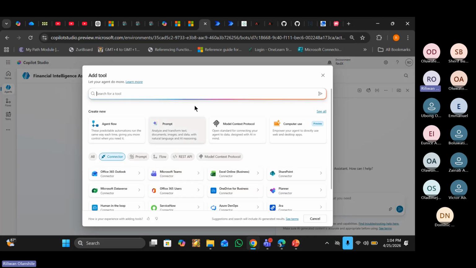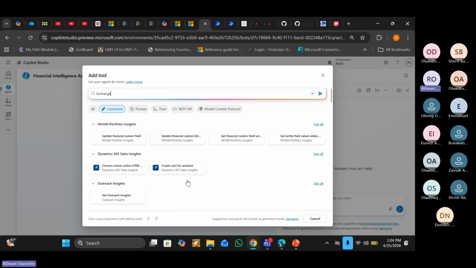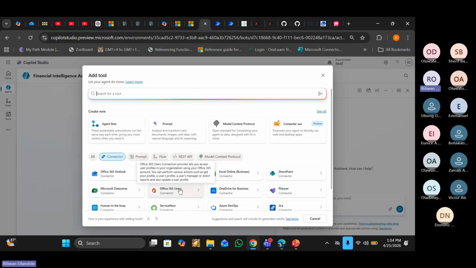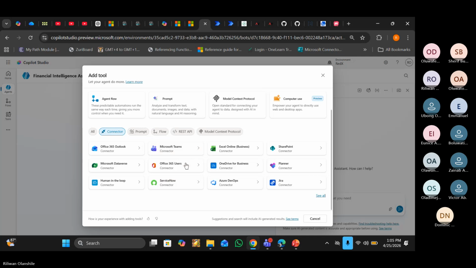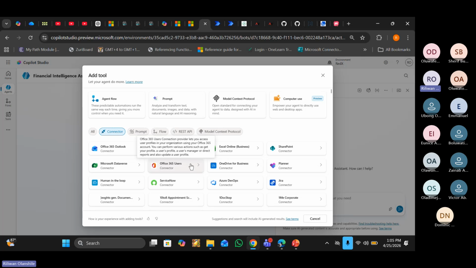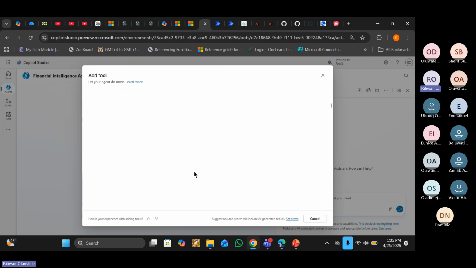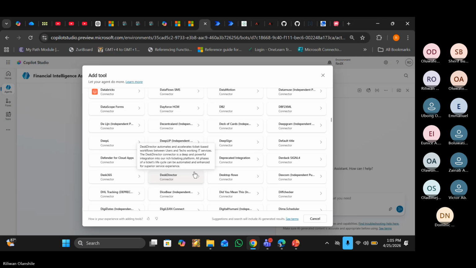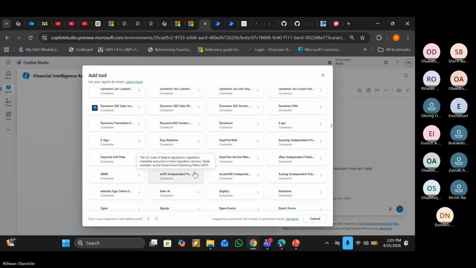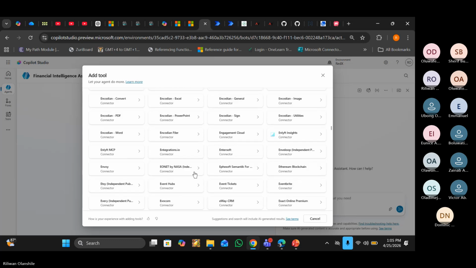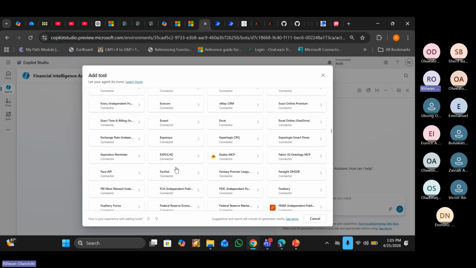Now, if I go to connector here, I can just search for it. I think the name I gave it is Exchange. I don't want to scroll through the entire page. Let me just type Exchange. Exchange. Do I have it here? Oh, sorry, I don't want to, but I have to manually do that. Okay, let me scroll down. See all. Let me scroll to E. Sorry, let me do this quickly. Where's the E side? So you will see the icon for it. Okay, good.